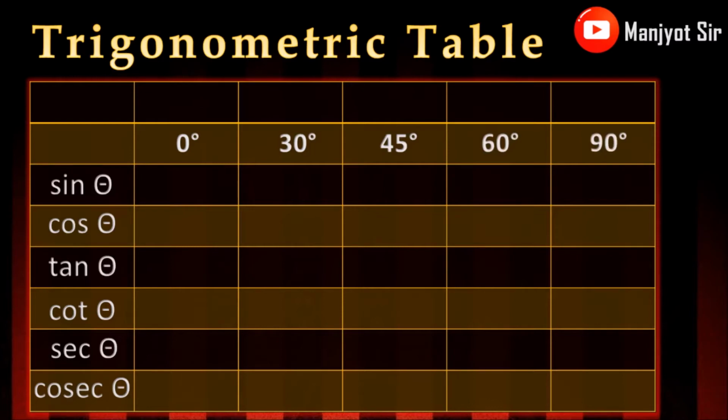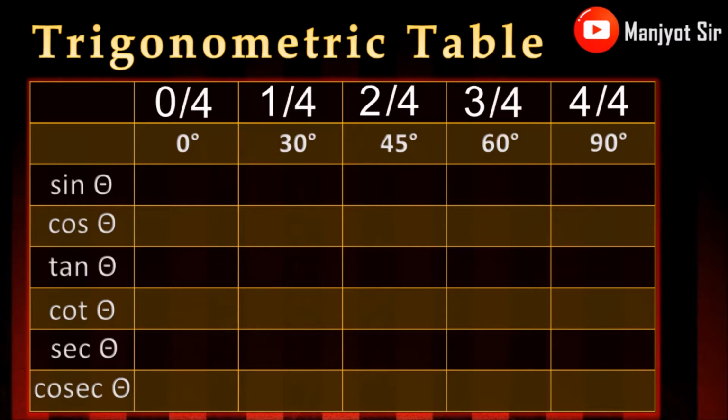Now let's see how to fill all these values of the 6 trigonometric ratios in this table. So we are going to apply one simple trick. Just observe first line. What we are going to do is we'll number each and every term. See, first we'll start with 0, then we have 1, then we have 2, 3 and 4. After this we are going to divide all these by 4. So we are dividing all these terms by 4. Then we'll take square root of all these 5 terms.